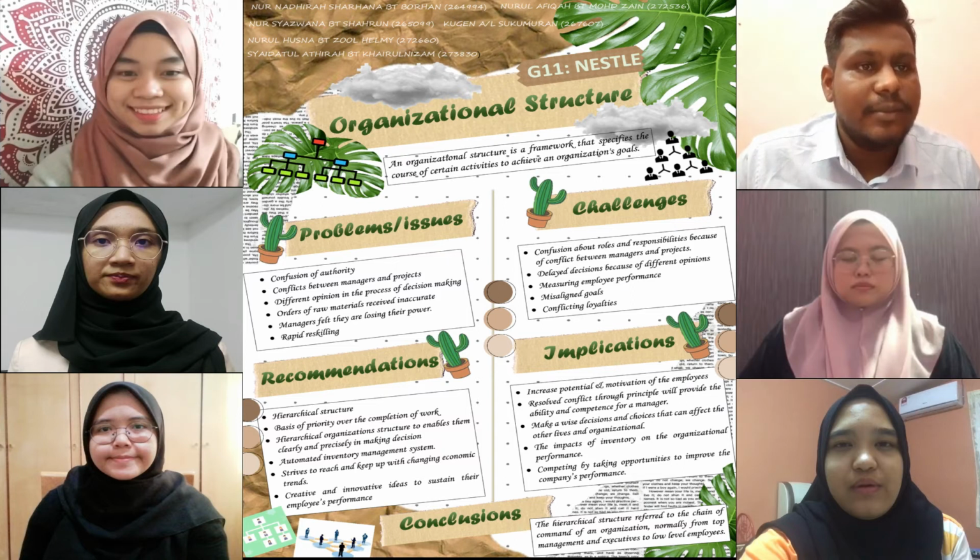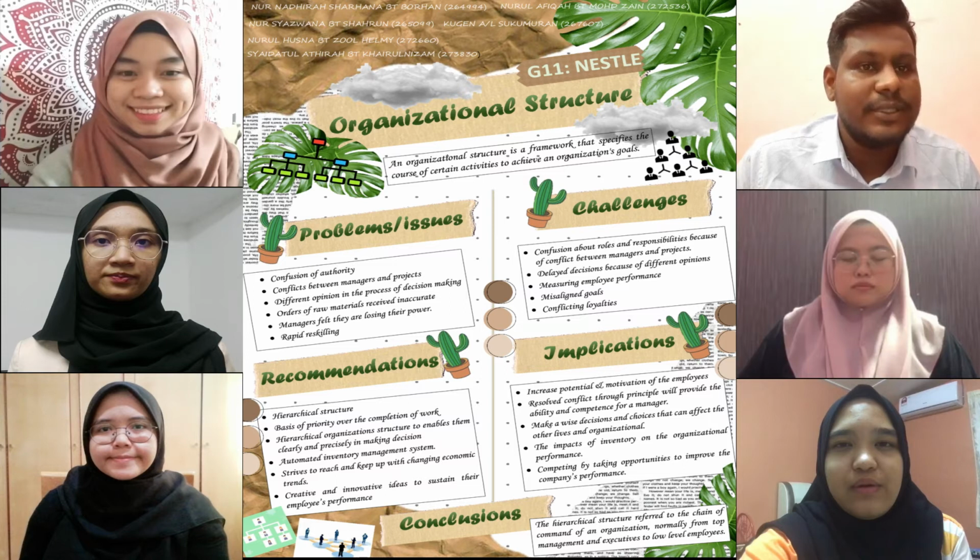Next is the recommendation for the third problem. The company should adopt a hierarchical organization structure to enable them to make decisions clearly and precisely. When using this type of organizational structure, the information and decisions flow from top level management to low level management, which requires company employees to obey and follow the decision. It also eliminates disagreement between managers in the functional and production departments because they have to obey the order from top level management.